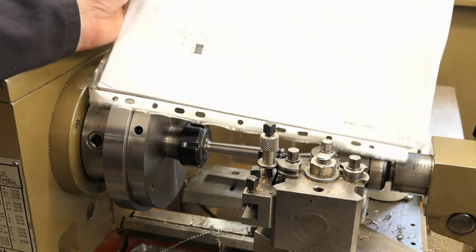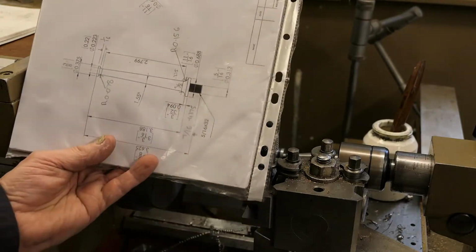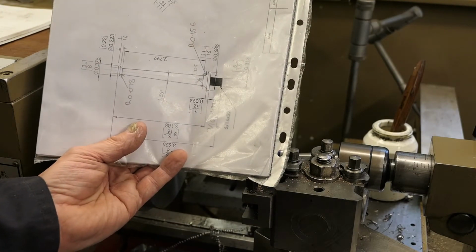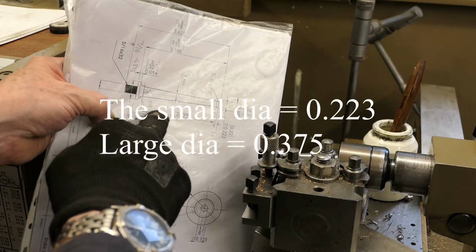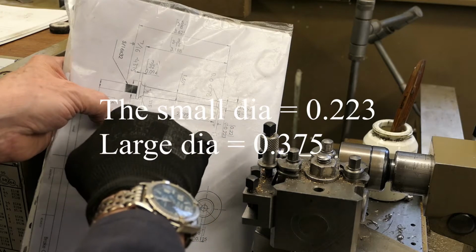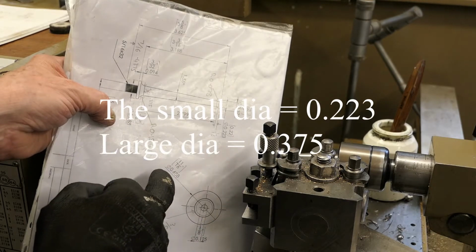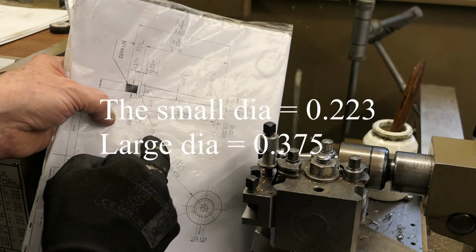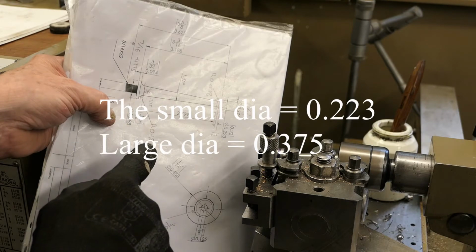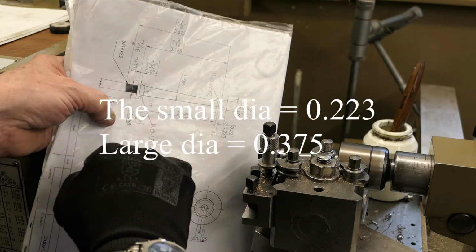But let me just say something about setting the angle. I've done a drawing. I'm not sure whether you can see that particularly well, but basically I know the length. Put it up the correct way around. The length here is 2.799, and the diameter at that point should be 0.375, 3/8. Sorry, I'm lying. So we've got 3/8 diameter here,